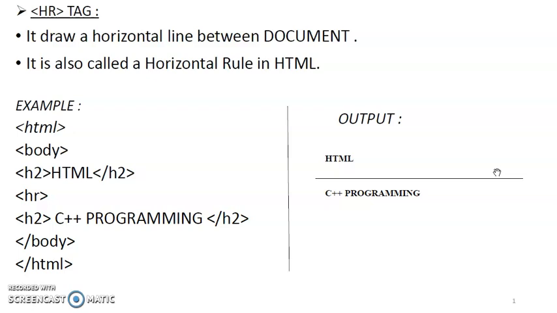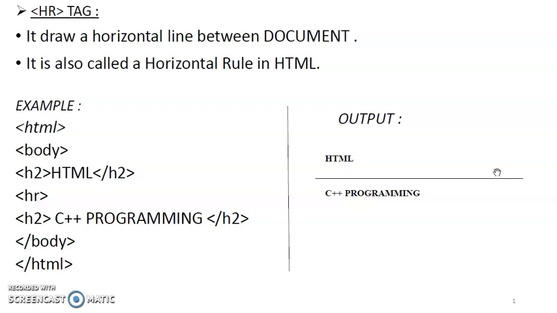After that you have a body tag. In that you mention the H2 tag. Now what is the meaning of H2? The H2 specifies the heading. After that you mention the HR tag. And then you write H2, that is a C++ program, and then your body tag is closed and your HTML tag will be closed. Okay, so you can see in the output, whenever you write the HR tag in between the HTML and C++ programming, you can see in the output the horizontal line is drawn in between those two lines